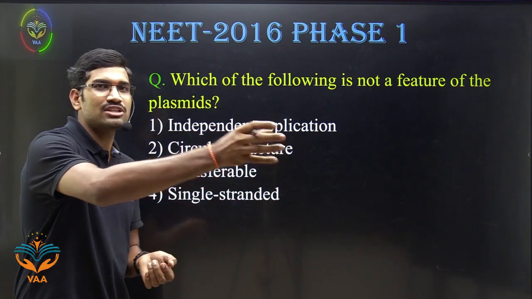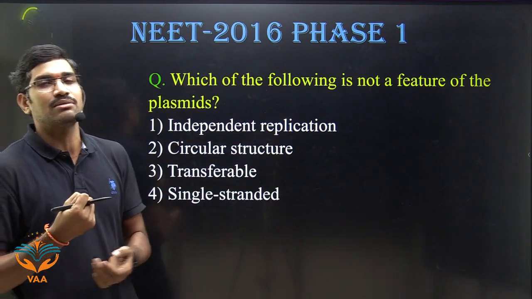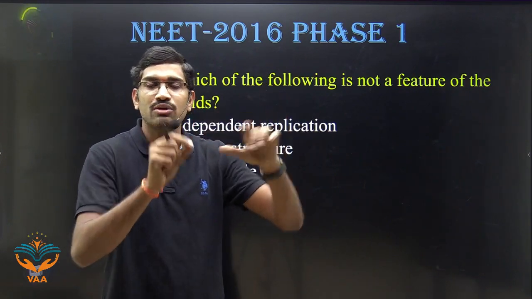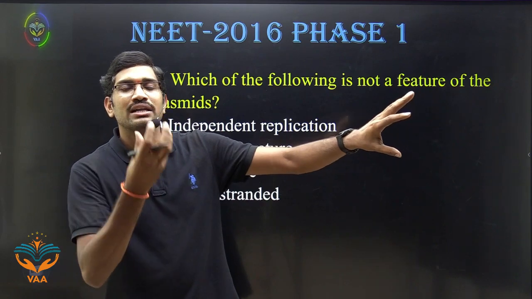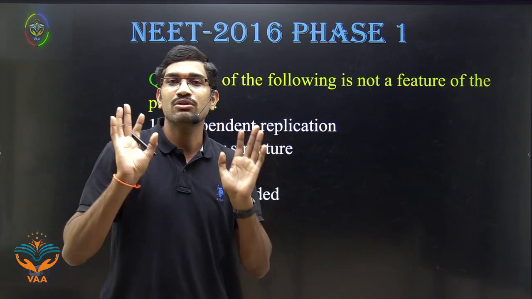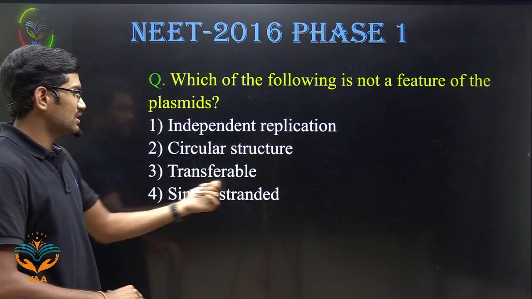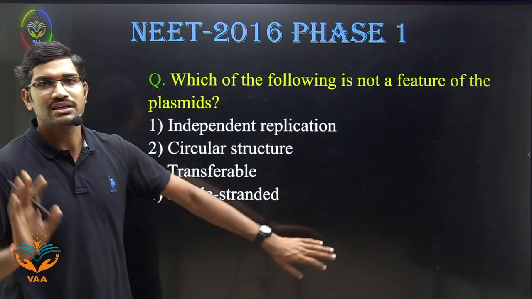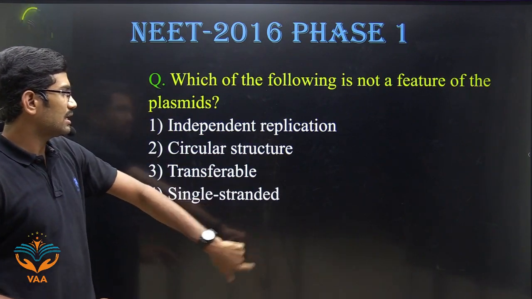So that is the reason why we are isolating the plasmid from one bacterium. Please remember, when we are isolating from a bacterium, that bacterium will be broken down and it will die. Yes or no? So this plasmid we are again introducing into another host organism. Please remember this one. So it is transferable. And here it is single strand. This is wrong. Mostly these are double stranded. Yes or no? So that's why answer is option 4.